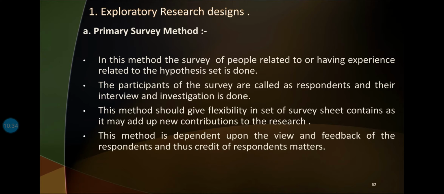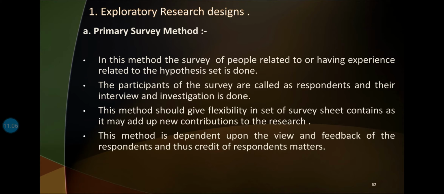Now, why is it necessary? Because it is difficult for an individual to recognize all the factors affecting the experimental set. When more and more people are included in your research work, more and more broader aspects of consideration arise, and thus we should keep our survey sheet flexible enough so that they can give their remarks too.